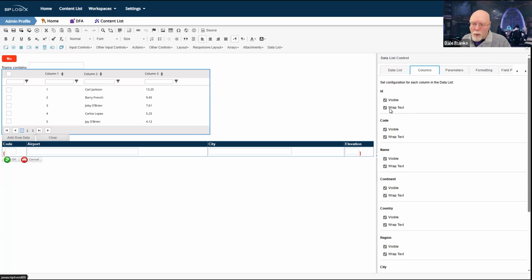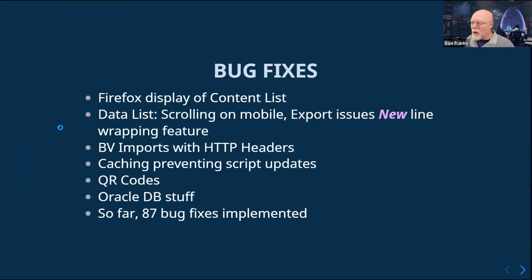And if you wanted to, you could still uncheck that property and truncate the data in that column so that it only showed you the one line, the way it does in everything prior to 6.1.300. But 6.1.300 will have this new wrap text property to enable you to show long text inside a data list control.